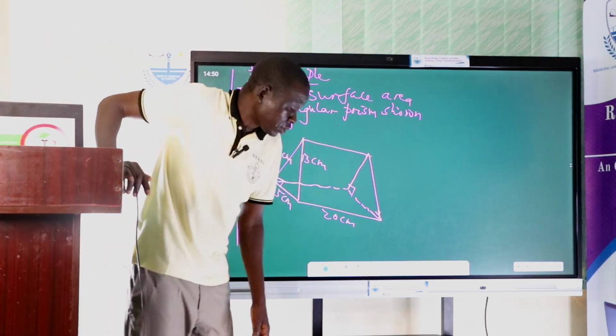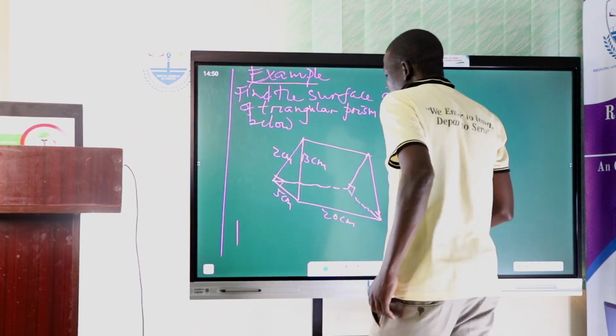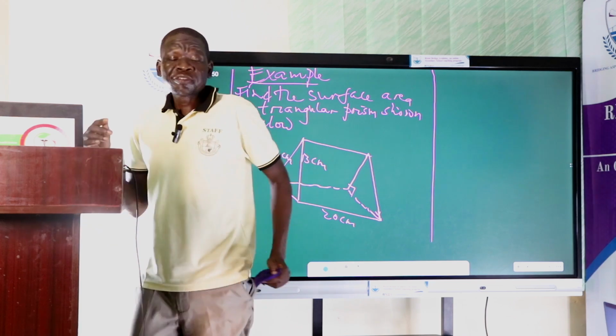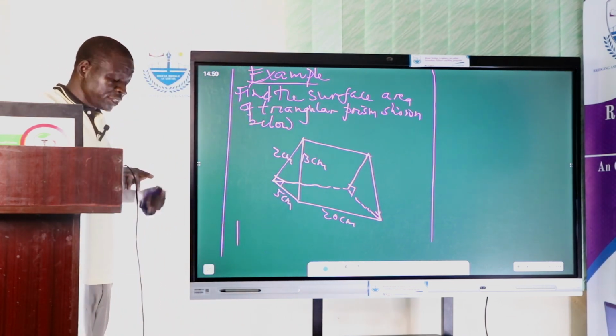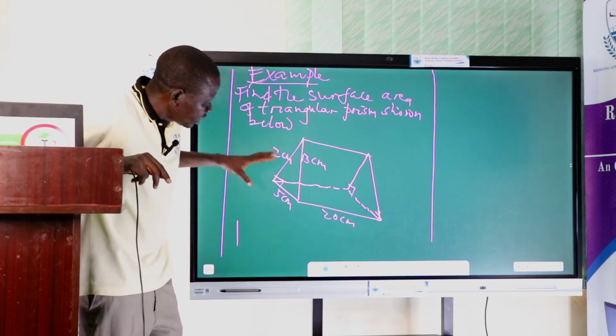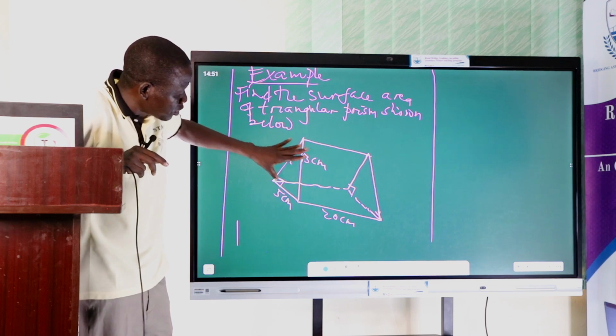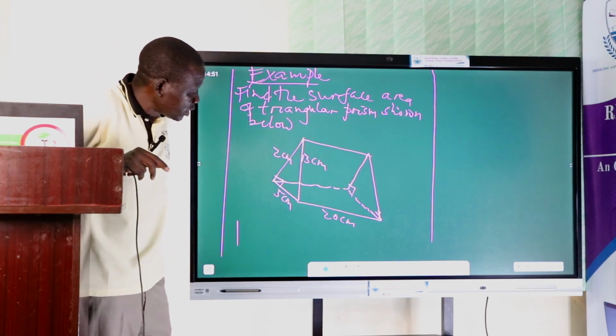So this is what we call a triangular prism. Now we want to see how we can find the surface area of the triangular prism. To find the surface area of this triangular prism, we shall get the area of cross-sectional parts which are in form of a